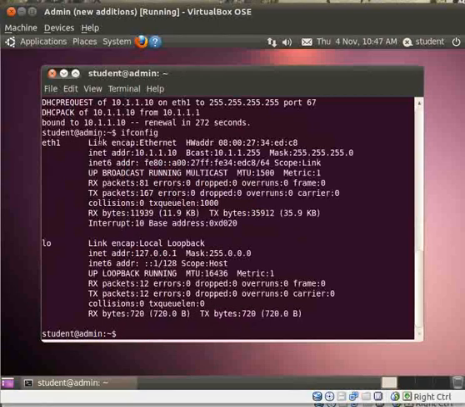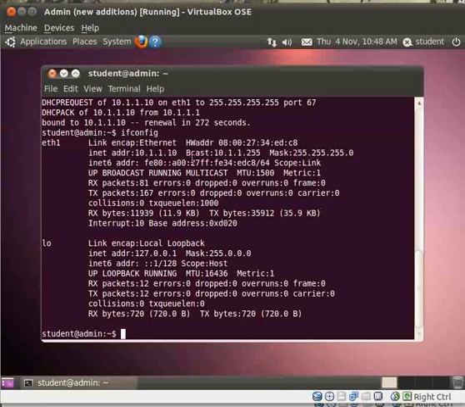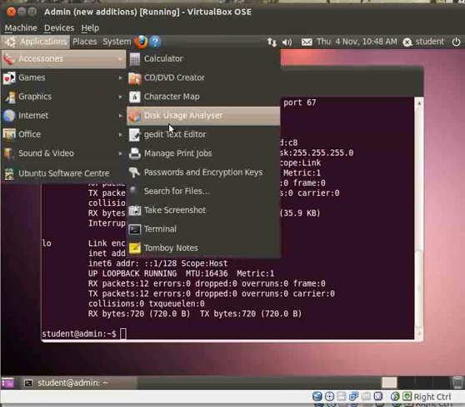And you'll notice now that the eth1 network interface has a 10.1.1.10 IP address, which is what it's gained from the server, and it's also gained some other information from that DHCP server, such as a broadcast address and a subnet mask. Now, if I wanted to look at the full details of the information it's gained from that DHCP server, if I go into Applications and open up gedit,